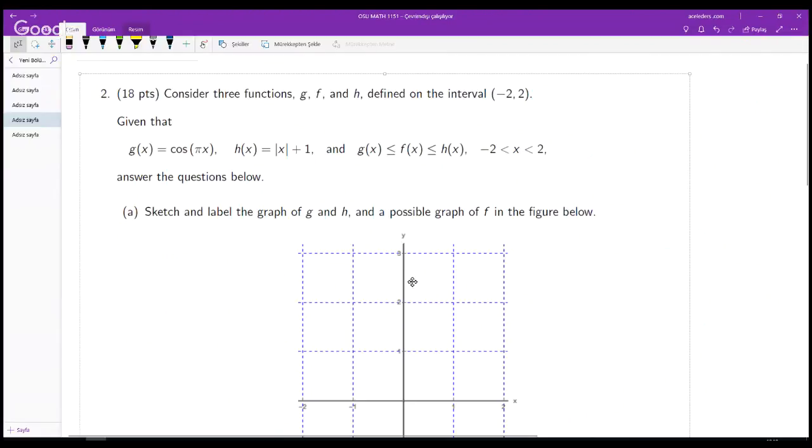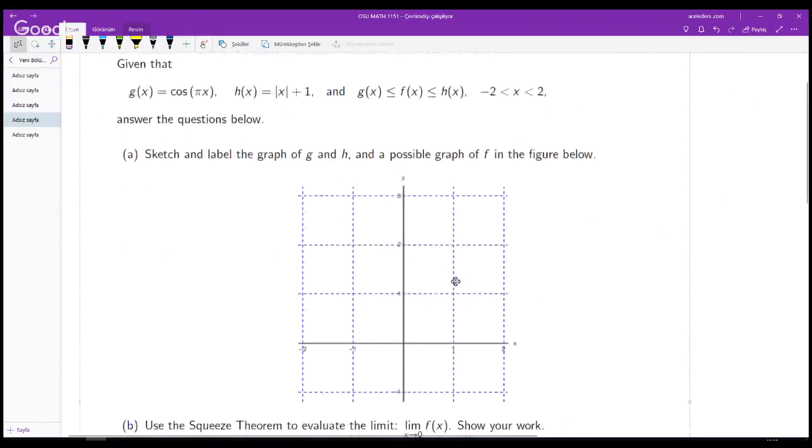Answer the questions below. Sketch and label the graph of g(x) and h(x), and a possible graph of f(x) in the figure below. So we will sketch g and h functions, then we will just try to find a sketch for f. So the first one, g(x), we have